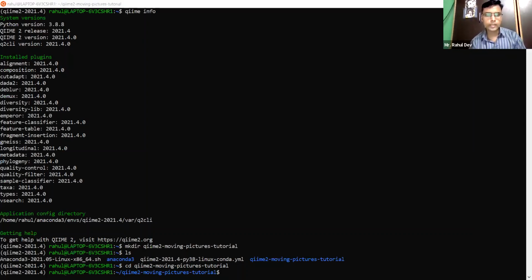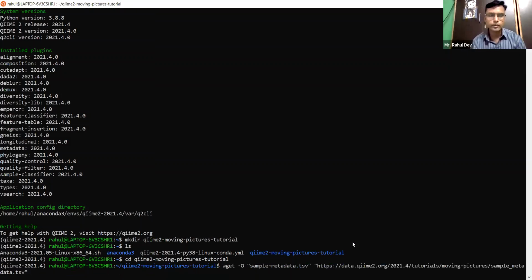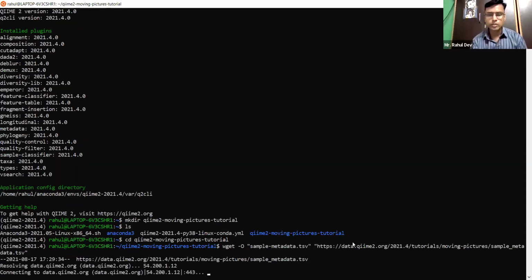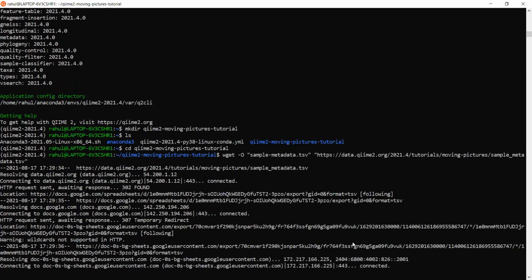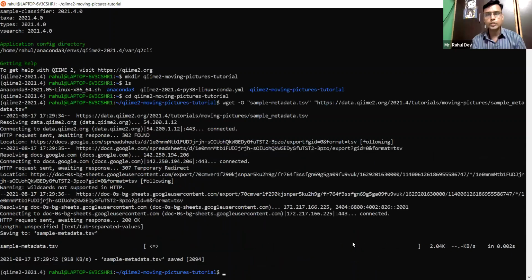And now I have to fetch some data from the internet to run for tomorrow's tutorial. Maybe Professor Manju has told that 4 kinds of files we would fetch from the internet. This is the first one, sample-metadata.tsv. This we need. Highlight the name to confirm that this is the first file which we are doing. And the same file we'll use many times.